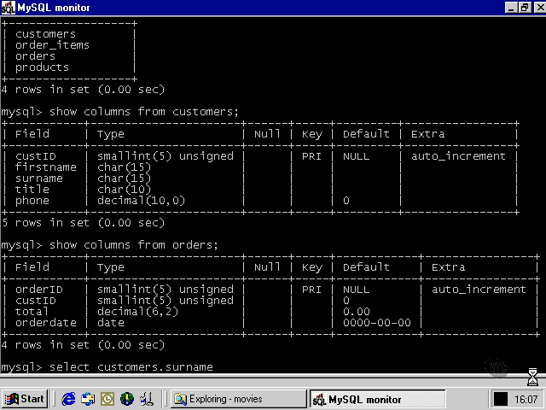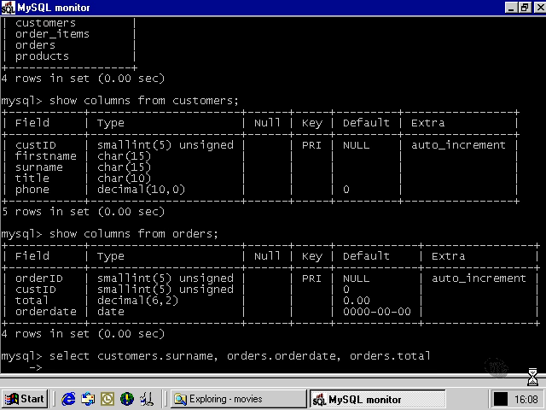And we can write that out 2 different ways. One way is to, first of all, specify the fields that we want. So orders, customer's surname, and orders order date is all that we're going to get back from these 2 tables. Actually, let's say we get back the total of the orders as well. So that's kind of more useful data. From customers,